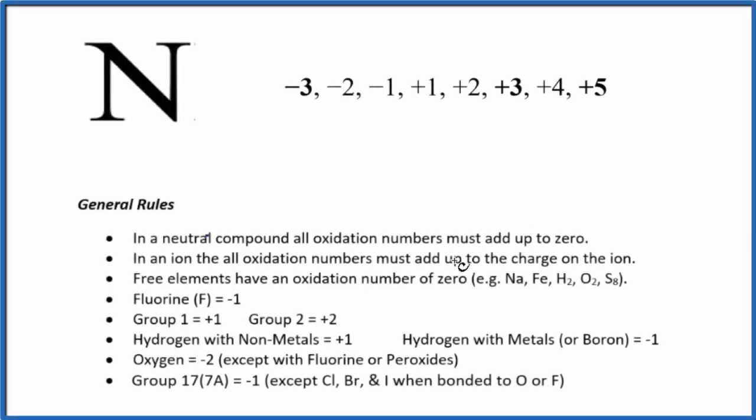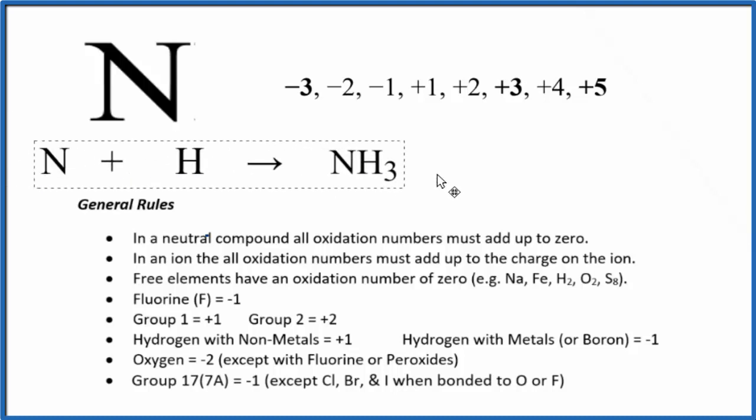In this video, we'll take a look at the oxidation number for N, just nitrogen. So nitrogen can have a number of different oxidation states, quite a few. The most common: -3, +3, and +5. But if we have just nitrogen in a chemical equation, like this right here,